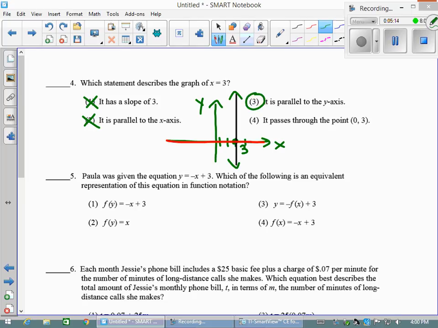And then it passes through the point (0, 3). Well, no, that can't be true. (0, 3) means y is 3, and that would be this point over here. So it has to be choice